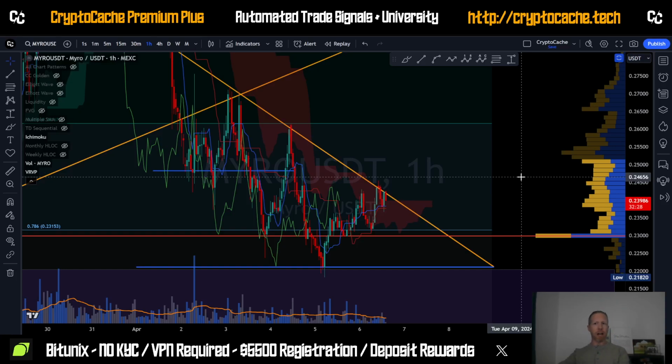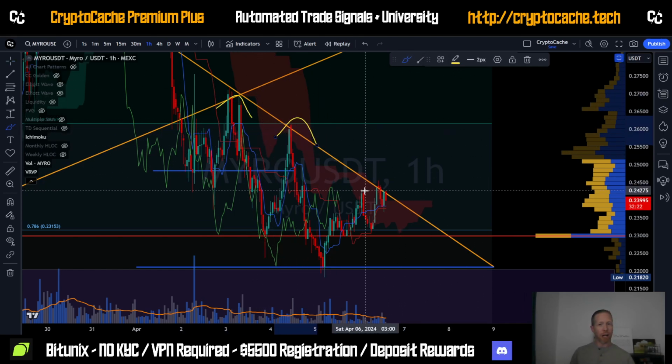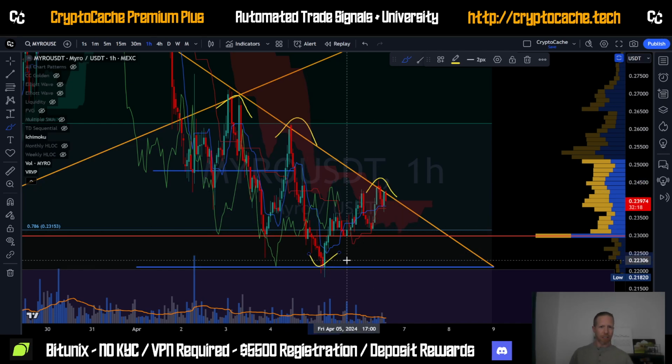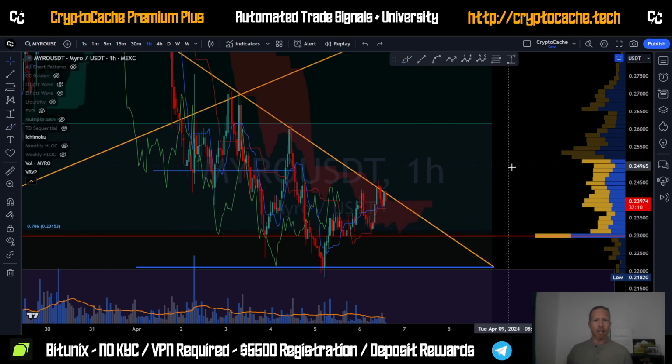Taking a look here at MYRO. Getting a lot of requests for this guy, so we're going to double check a couple key factors here. I just want to throw it out there, we are still establishing lower highs and potential lower lows. We still have yet to see if this next lower low is in place here, but generally speaking, we are also establishing higher lows on smaller time frames. So we'll discuss what that means in the big picture and how that factors in.